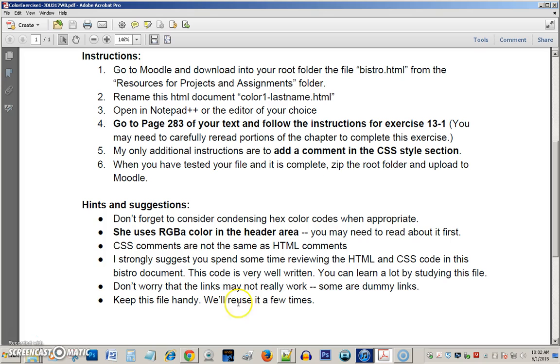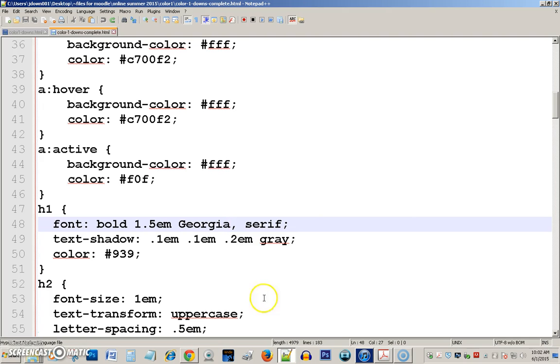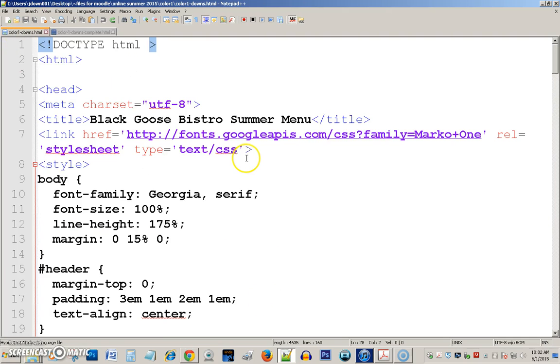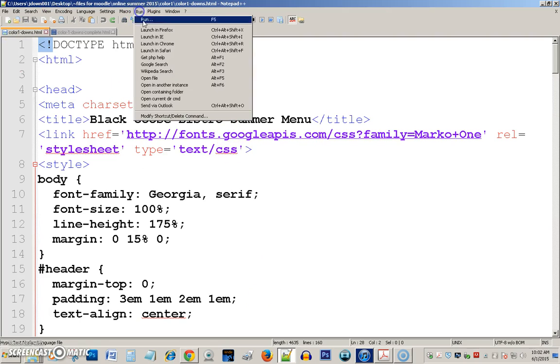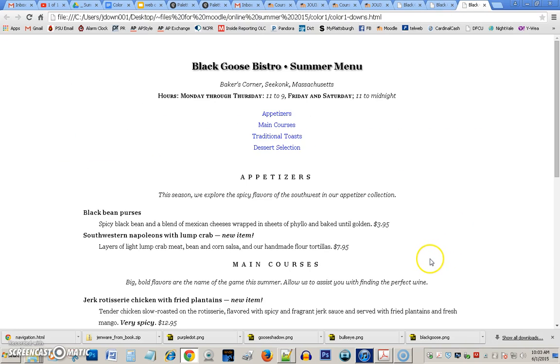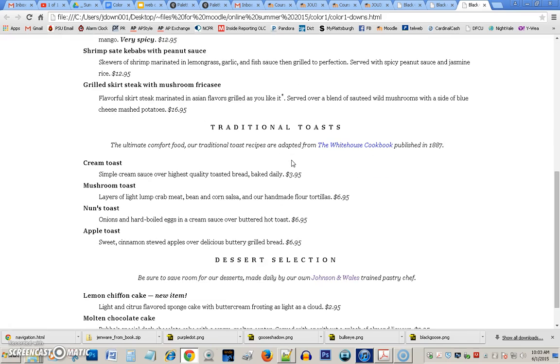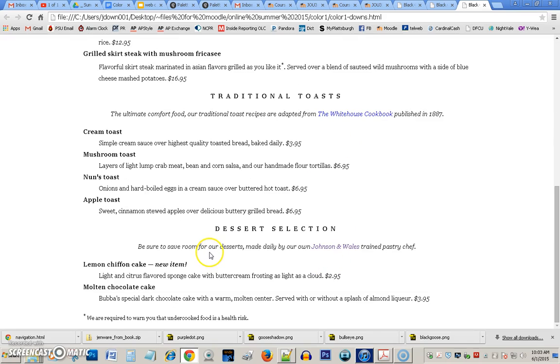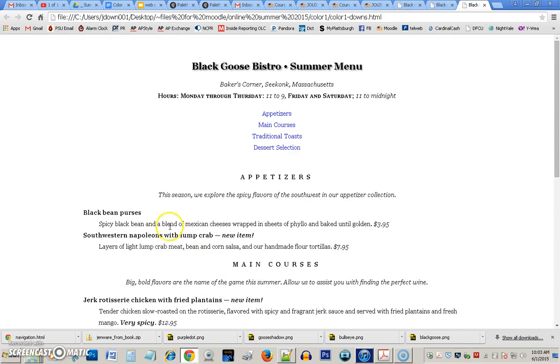Okay, let's look at this in Notepad++. Your Color 1 file, when you first open it, looks like this. It's just a white background, some basic links, more links, and regular HTML. I said you should look over these files to see you might learn some things from the way they're built. Yes, but